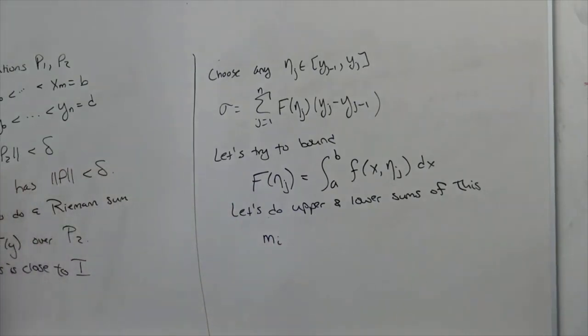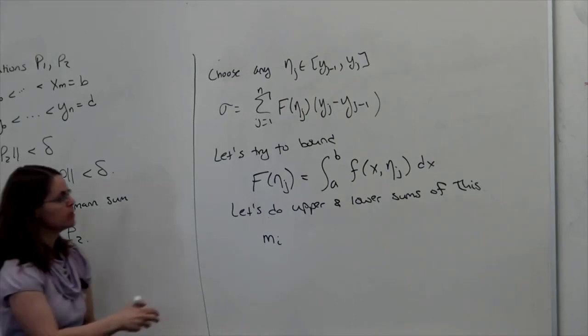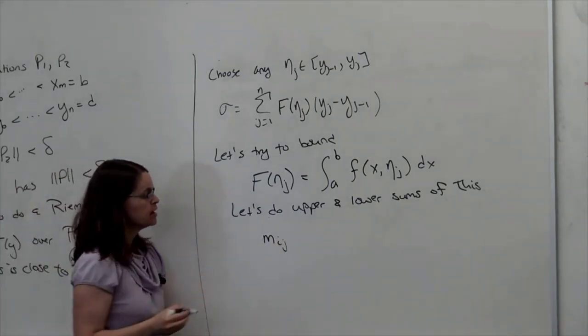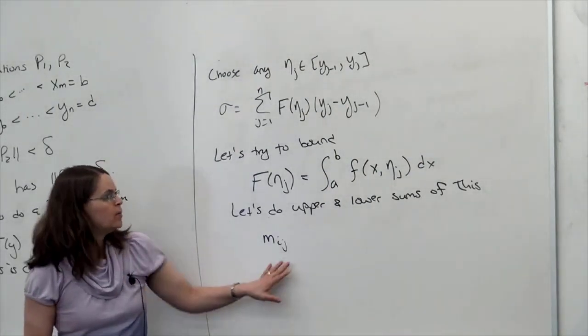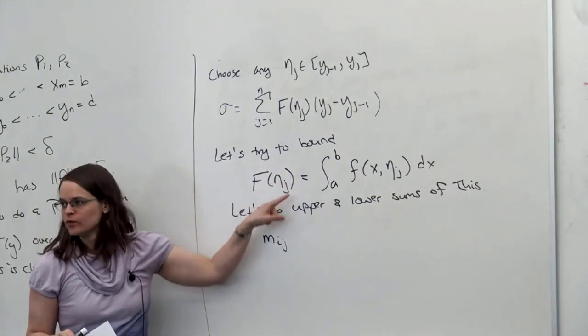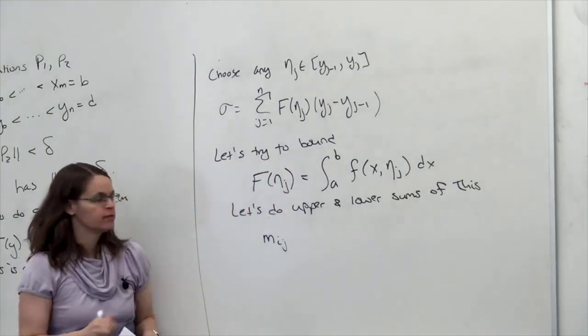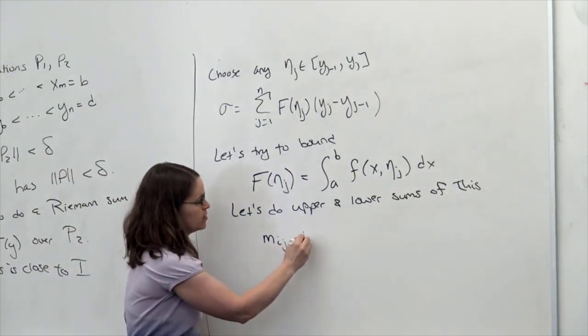So in the ith subinterval, we have to take the infimum. I'm going to also index this by j. Now we're only taking the infimum over the ith subinterval, but the quantity is going to depend on what this particular value of eta happens to be. So this is going to be the infimum